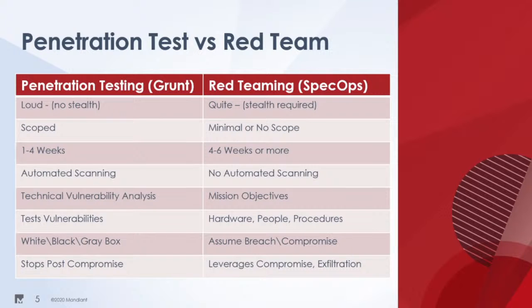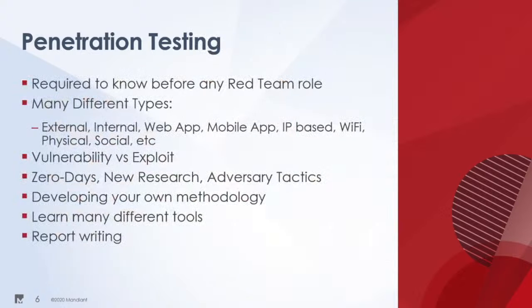Red team, it will leverage the compromise. Normally, during a status update that you have with the client weekly, if those are in the statement of work, you will tell them, hey, we compromised this, we will be exfiltrating this, just to keep your point of contact in the loop. And a lot of times you don't tell them until it's over. That way they can go back and look at their detection mechanisms and tweak.